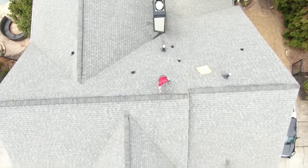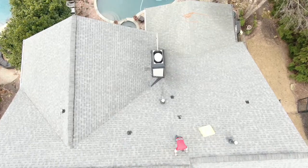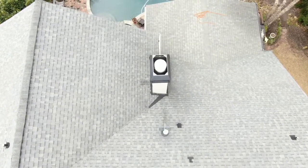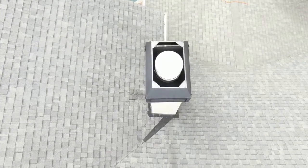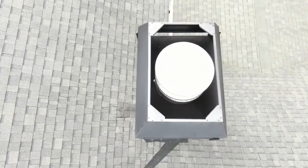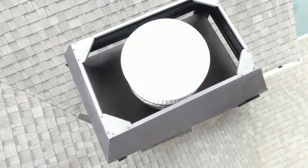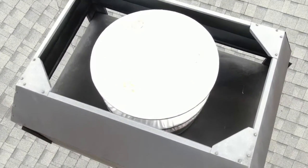So when I'm looking at a roof claim, trying to advise them as to whether there's covered peril here, the first thing I'm going to do is look at the metal. That's the same thing an insurance adjuster is going to do, because if the hail is not big enough to dent the metal, it would not be big enough to damage the roof. So if we zoom in down here, the top of a chimney cap's a good place to look, because if the hail dented the metal on the top of a chimney cap, the likelihood that you've got roof damage is pretty good. So as I zoom in here just to take a look at this,